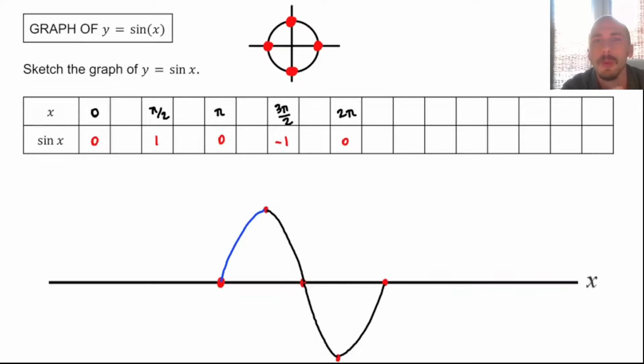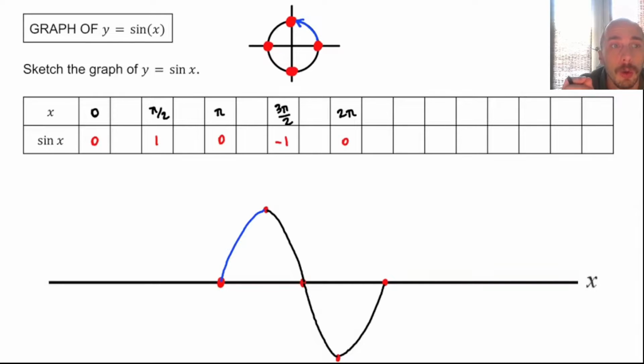But we need to learn some terminology about this, and so I'll bring that in here in a second. Okay, but what I was going to say is, for the blue segment, why is it curved this way? Well, let's think about what's happening as theta increases from 0 to pi over 2 on the unit circle. If we were to really think about that point as it moves along the circle,